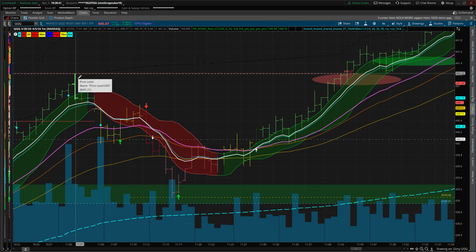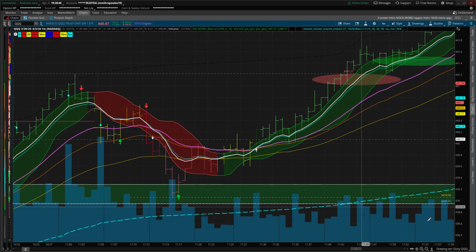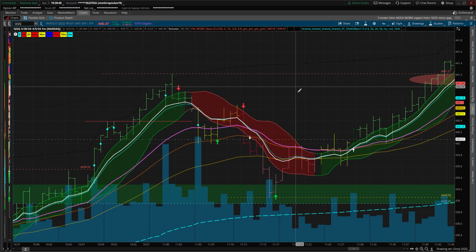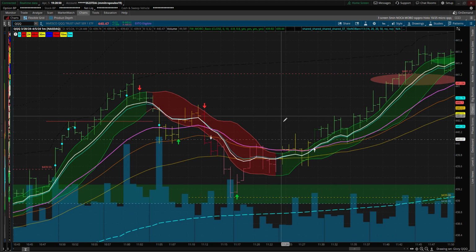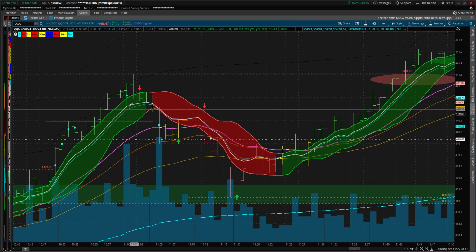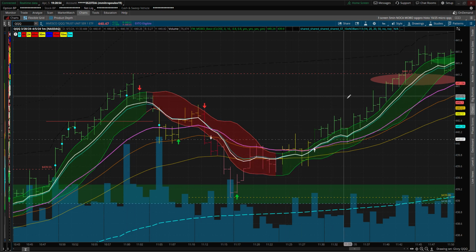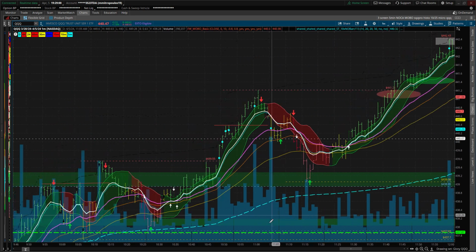So just to show you, you're not going to go undefeated on these trades. I will lose some of these. That's just the way it's going to be. But as you can see, they're a high win percentage. So you get this level, you end up holding the EMAs. Why am I a little bit more nervous about it? Because